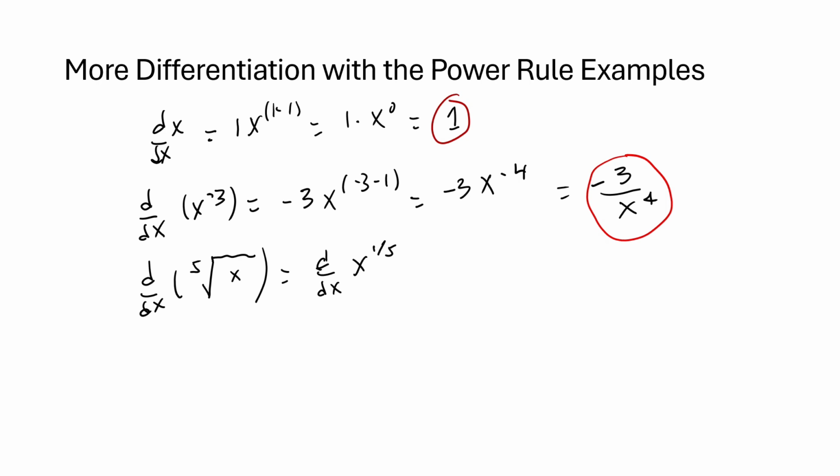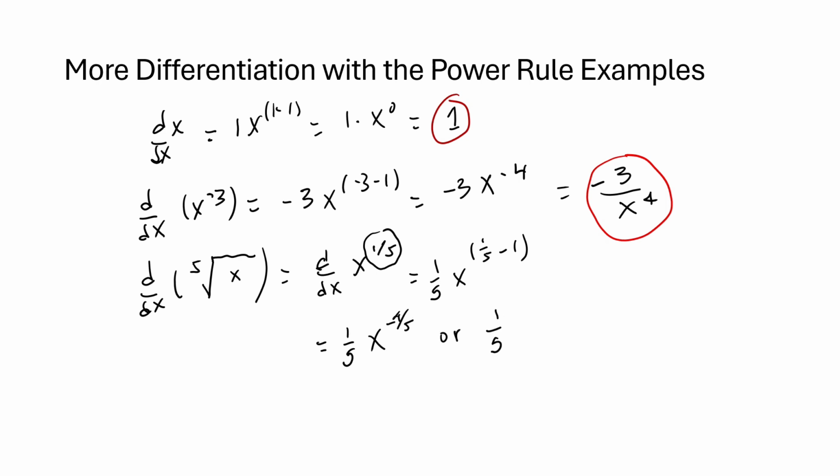It's just x to the 1/5. So that's equal to bringing, in this case, that's our k, it's 1/5. Bring the k out front. Now we take 1/5 minus 1. In that case, that's going to be equal to 1/5 x, and 1/5 minus 1 is just minus 4/5,